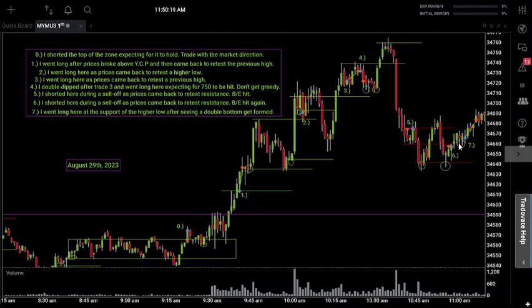So I'm saying, okay, I saw my higher low coming out of a double bottom. Now when prices come back to retest the support level of that higher low, I will go long, and that's what I did on trade 7. I was able to take it from the bottom of resistance back up to the top of structure,